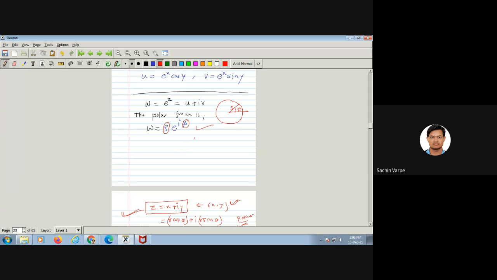ठीक है, so when we use Euler form of e to the power i phi, then this can be written as rho into cos phi plus i sin phi. ठीक है, तो यहां से मुझे क्या मिल रहा है कि